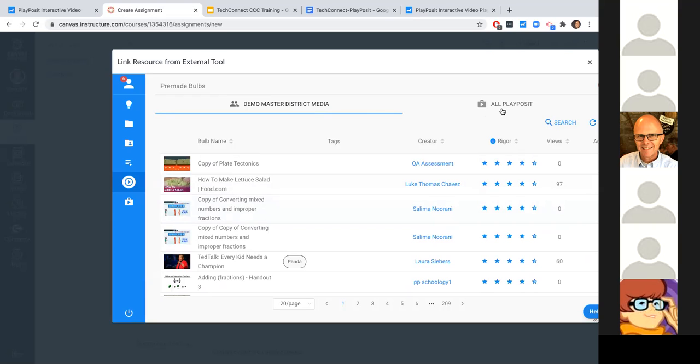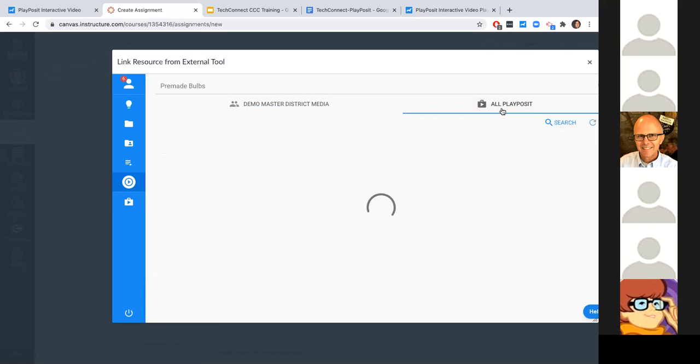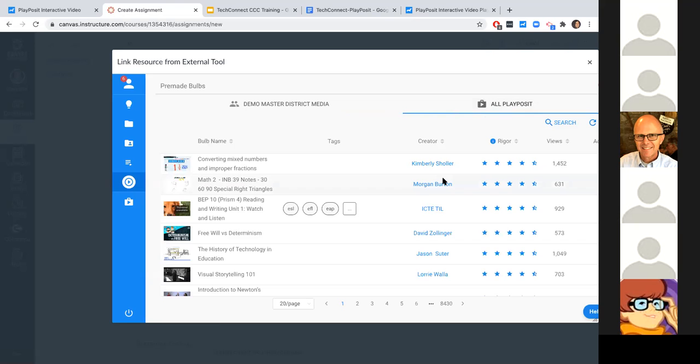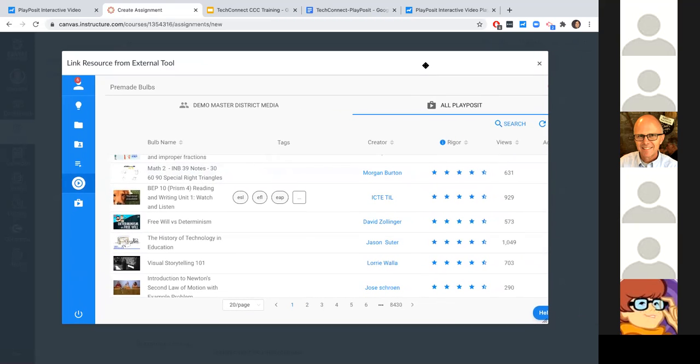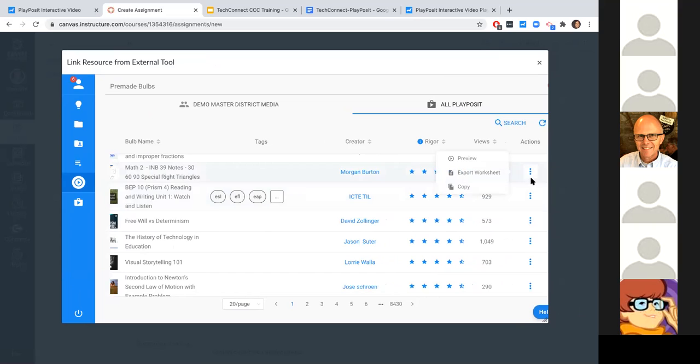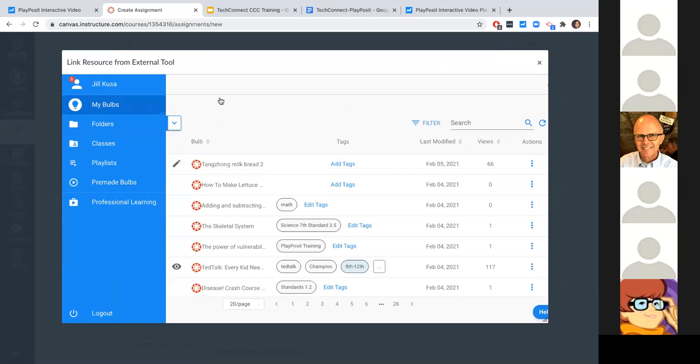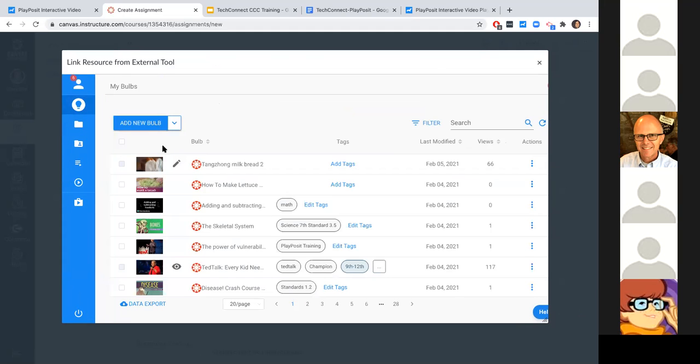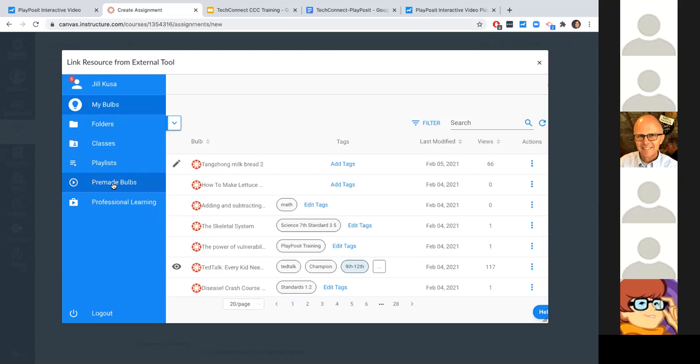You also have access to our All PlayPosit library, where there are over 1 million bulbs that have been created and shared. But here is a good place to look at other ideas of how people are using the player. You'll also have the ability to copy the bulb or to look at the worksheet. So again, before we build from scratch, I do want you to know that you don't have to start from scratch if you don't want to. You can check out that pre-made bulb library and view how other people in your community are using the player. But we will start from